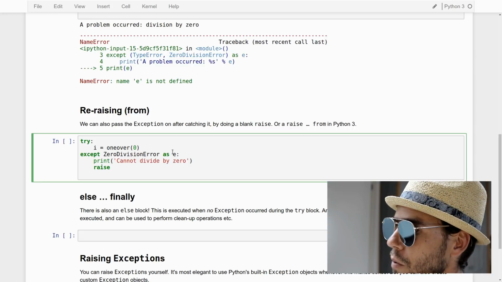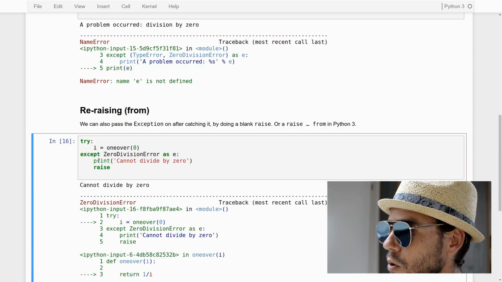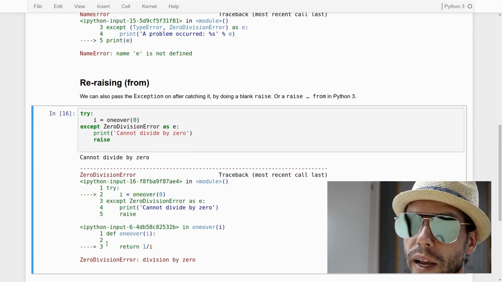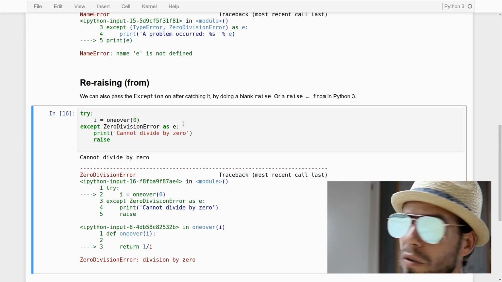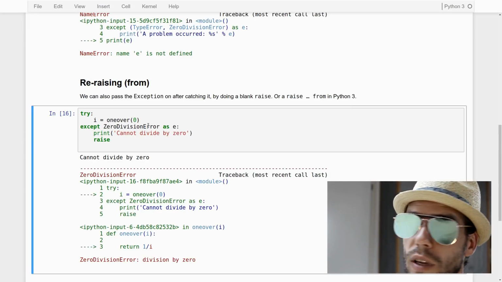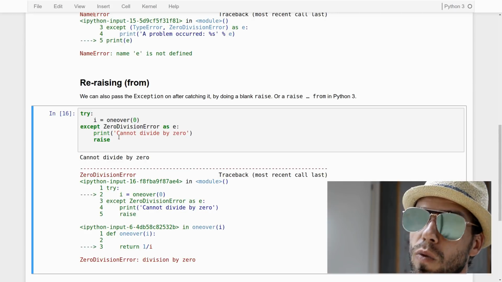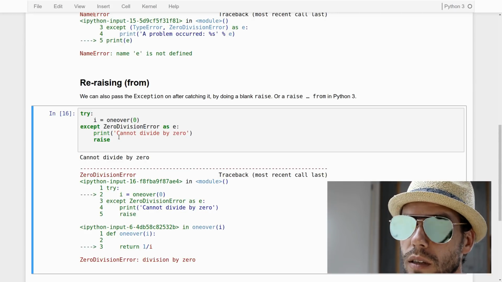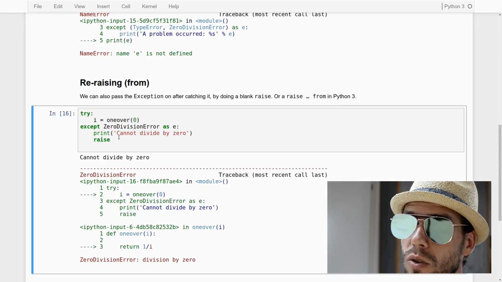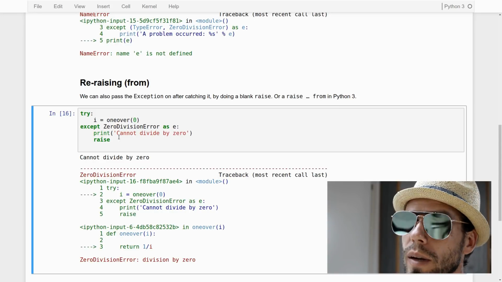And then what will happen if I run this? We will print out "cannot divide by zero". And then we get to this raise statement and it will simply re-raise, from the dead so to speak, this zero division error that we caught initially. So this allows you to catch an error, do something, and then raise the error again so that it continues to propagate through your code. I would say that this is actually better done using a finally block that I will demonstrate in a minute,